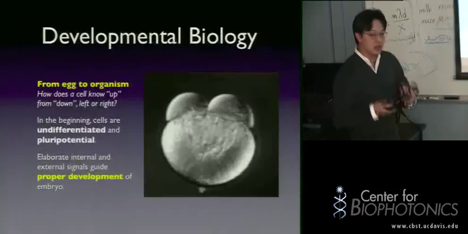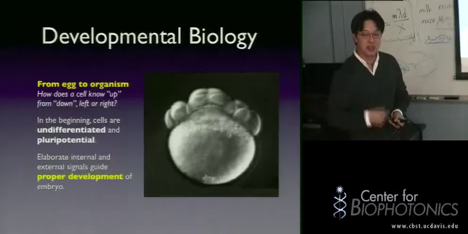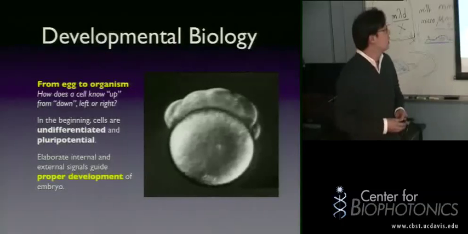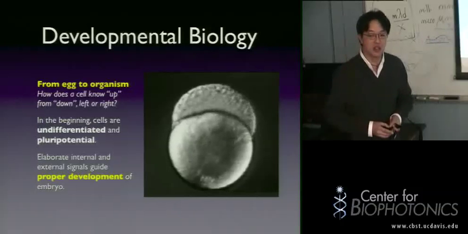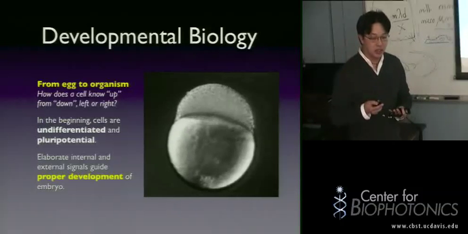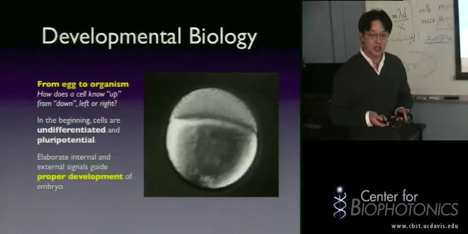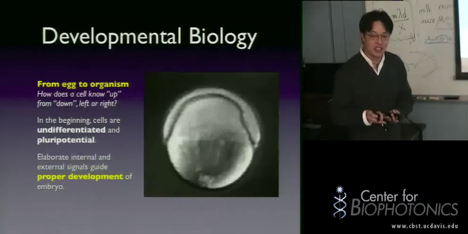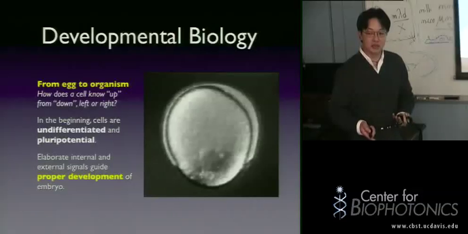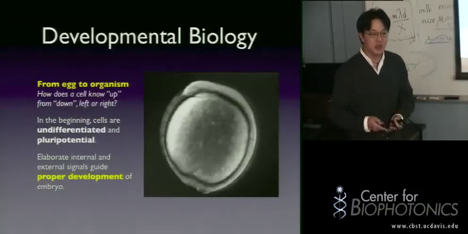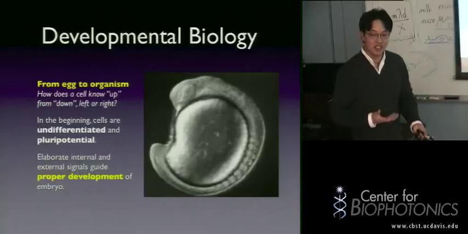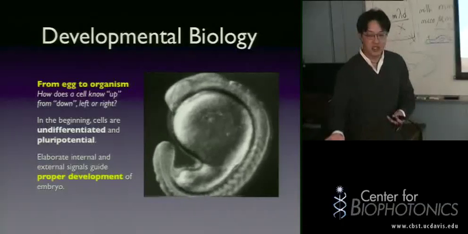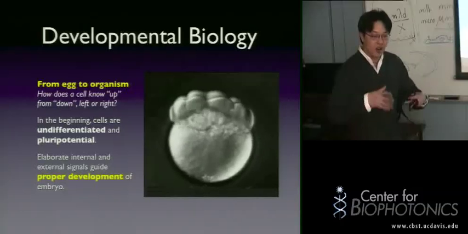So once you understand all that, and we understand about cell cycle and cell division, then we start getting into more complex issues. For example, how does an egg, which starts out as a single fertilized cell, turn into a whole organism? You turn into a human being that has hair, 2 eyes, 2 legs. You have a heart. You have a liver. You have intestine. All these different systems come out of